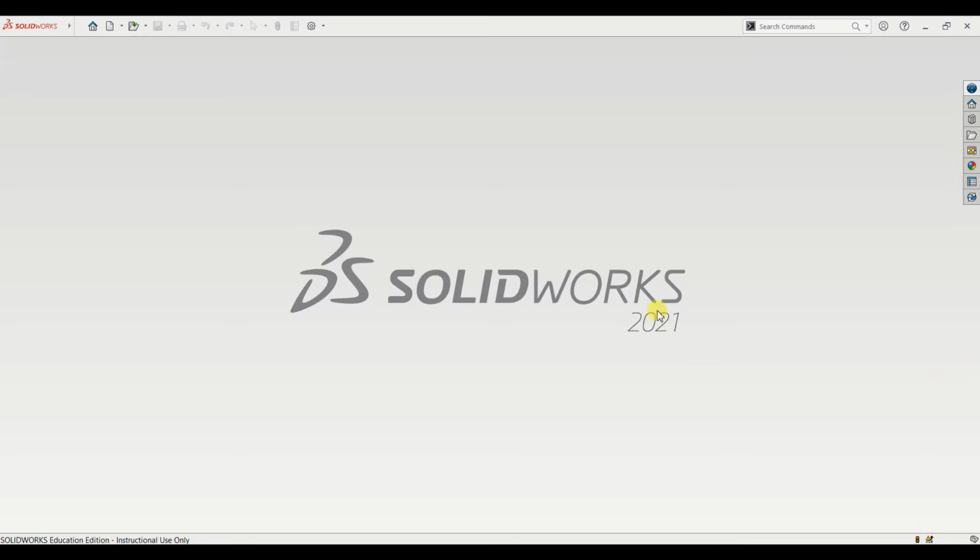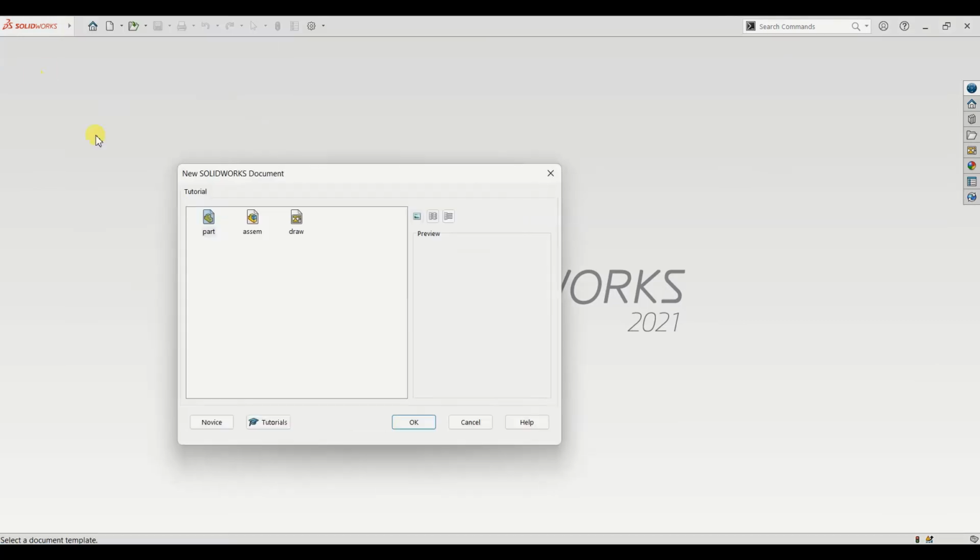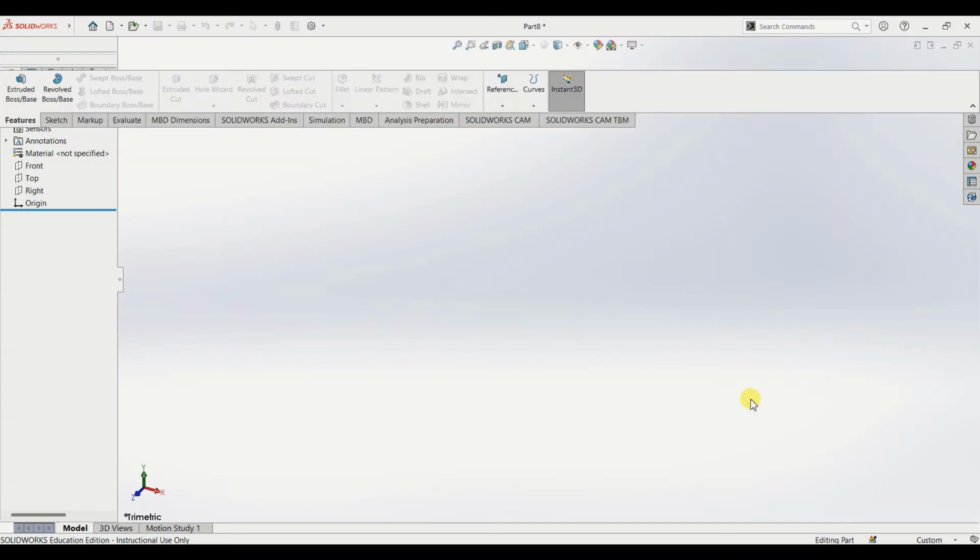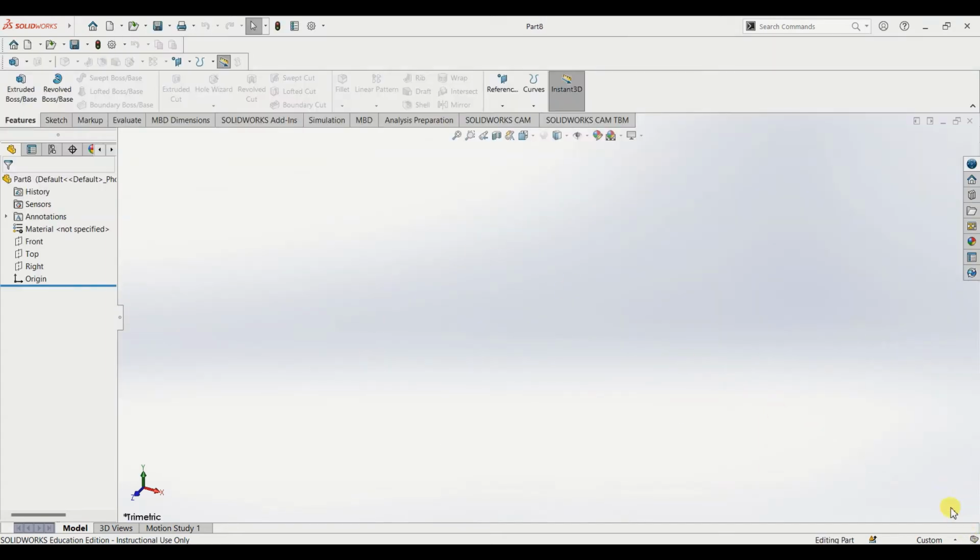Let's create a new file. It's going to be part. Click on OK. Here we have the design canvas. Before starting the design, I'm going to change the units to MMGS, which is millimeter gram second. For this design, I'm choosing top plane,